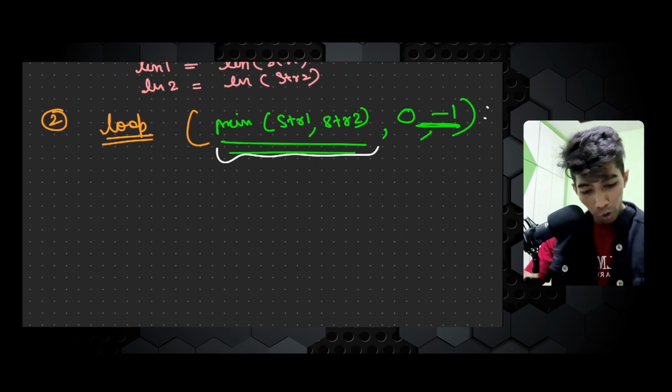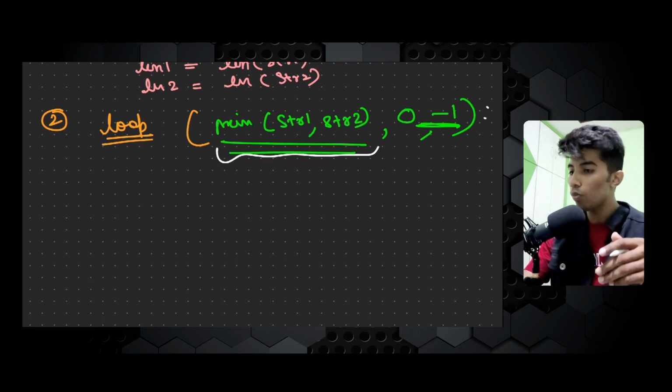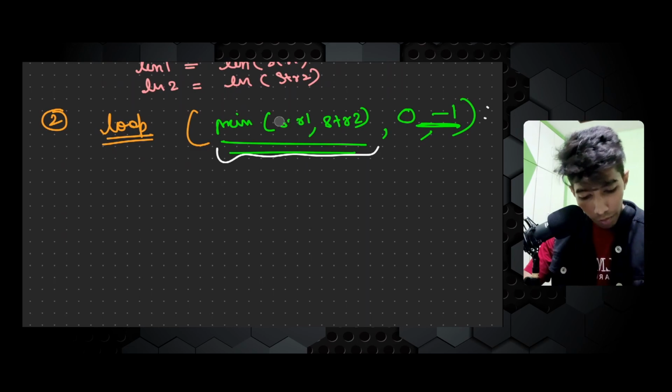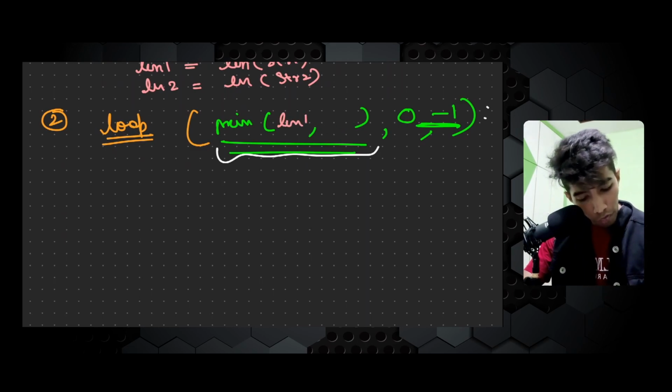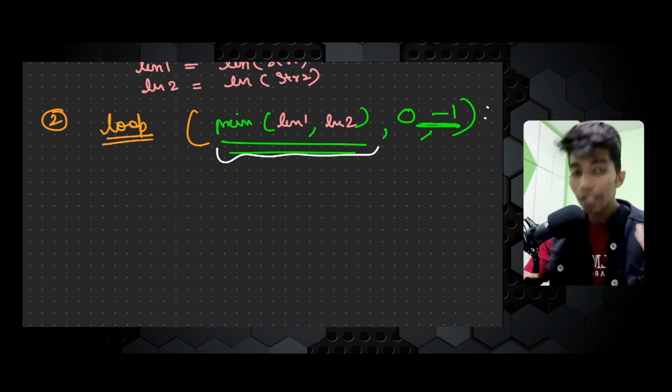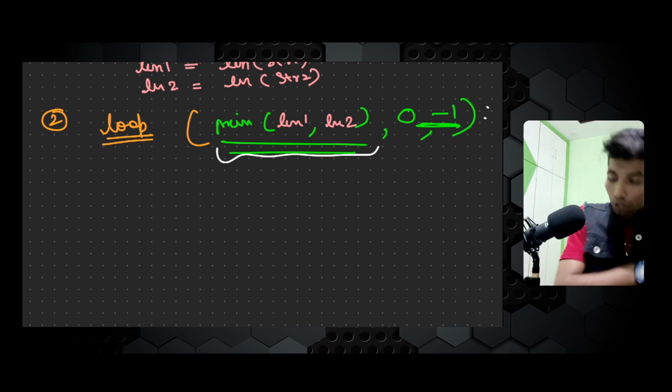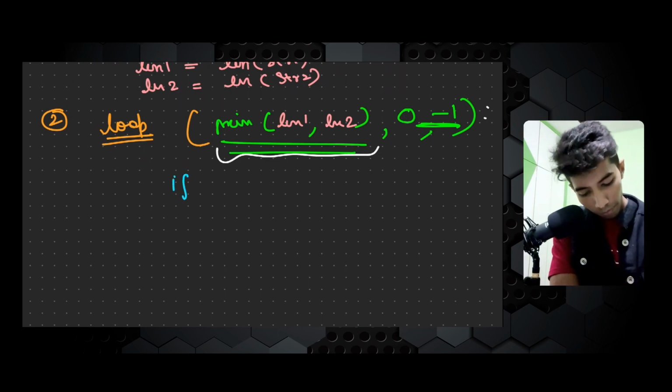So I created one loop. Now in that particular loop, not the string, guys, it will be the length of both of them. I just choose the minimum of it. So here the length of 1 and length of 2 will be placed. Now inside this loop, I will be checking